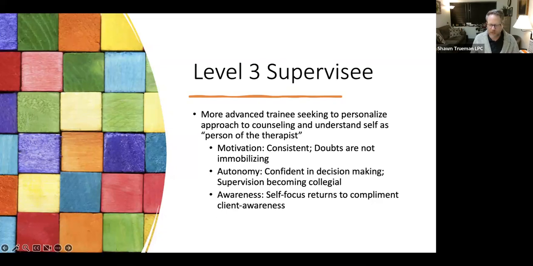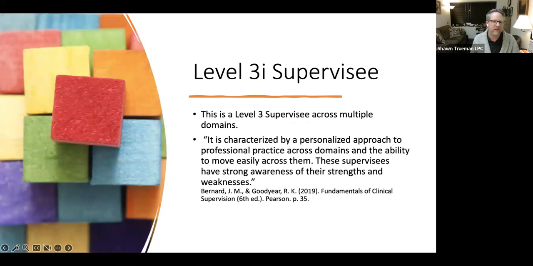And then finally, the level 3I or the level 3 integrated supervisee is a supervisee who's a level 3, but they can go across any one of those 8 domains. Bernard says this supervisee is characterized by a personalized approach to professional practice across all the domains, and they have an ability to move easily across them. These supervisees have strong awareness of their strengths and weaknesses. And again, for this level 3I supervisee, very minimal intervention. Your relationship with the supervisee at this level is a little bit more peer oriented and consultative or collegial,